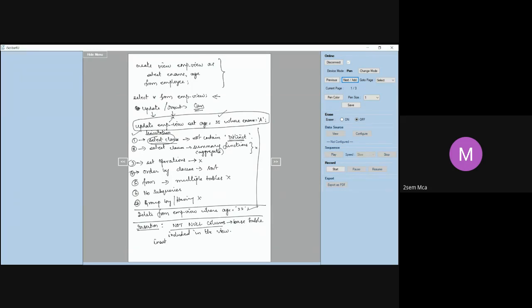Okay, so when you want to do insertion, when you are creating the view from the base table, in the base table you may have certain columns which are having this not null condition. For example, your primary key is anyways not null.